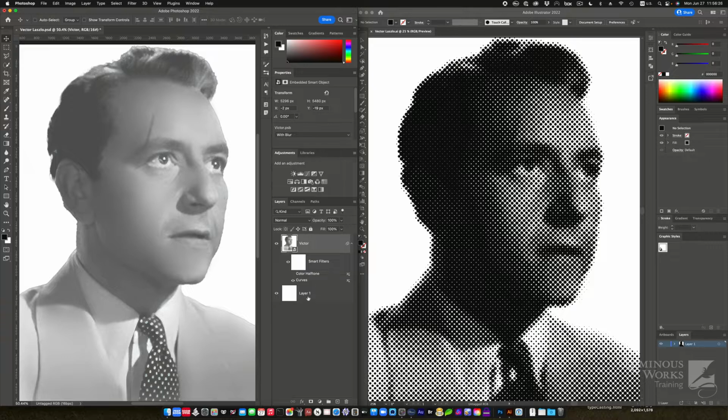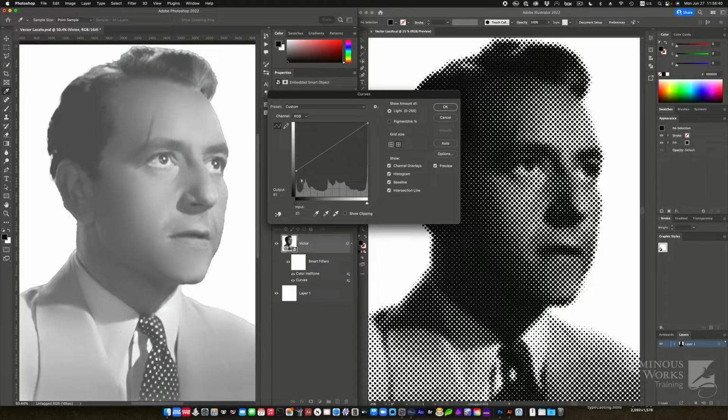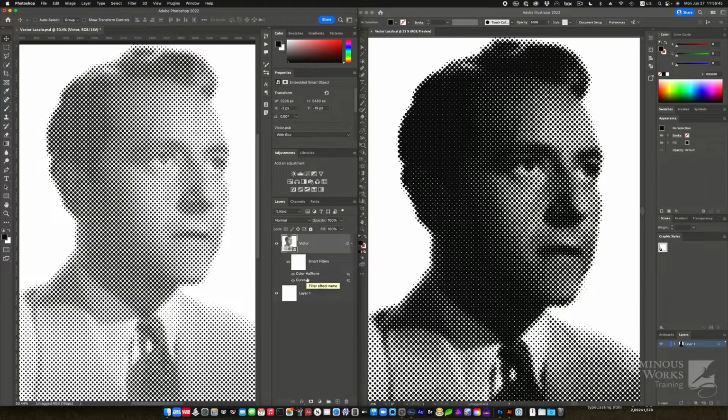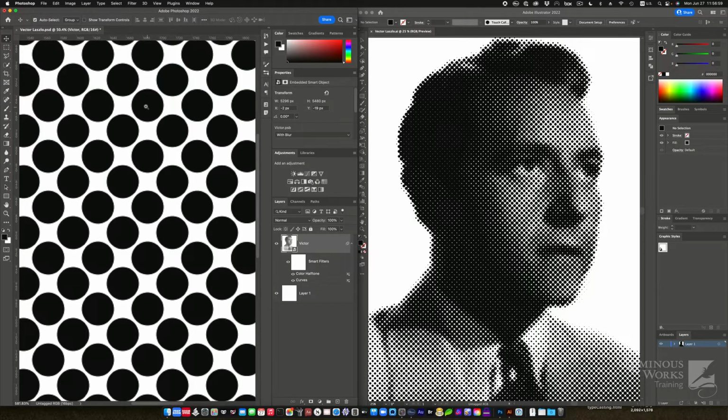And another reason I make smart objects is so when I do one thing, like a curves adjustment, and then do the color halftone filter after, I can evaluate and see how it looks. And if the curves adjustment was a little too much, well, I can go back and adjust it again and watch the color halftone change again in a few seconds. The goal of between the two was to see complete whole dots with just a little bit of space between them so that I know that when I actually trace this, I'm going to get little vector circles or